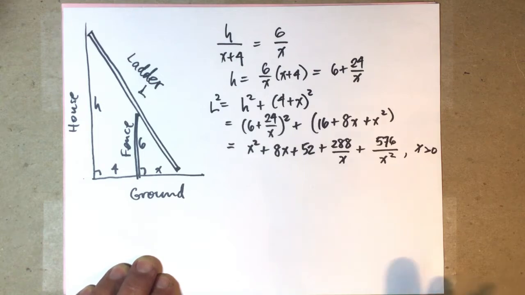And the point is that if we're trying to minimize the length of the ladder, that's the same thing as minimizing the squared length of the ladder. Now, if you are not comfortable with this concept, don't worry, we'll do it a second way, and you can see why I'm preferring to do it this way. But if you think of the squared length as the more natural thing to try to minimize, that's equivalent to minimizing the length. Because the larger the length is, the larger the squared length. Minimize the squared length, you minimize the actual length. So if you think of the squared length as a variable, then